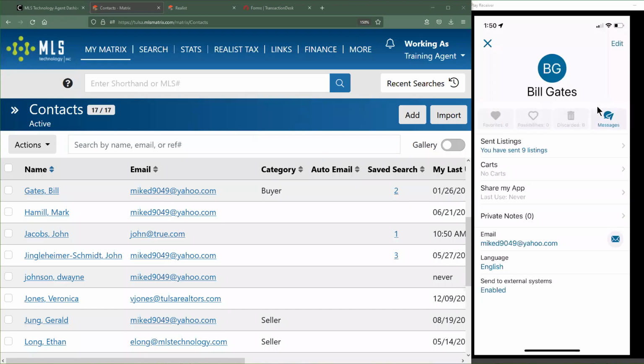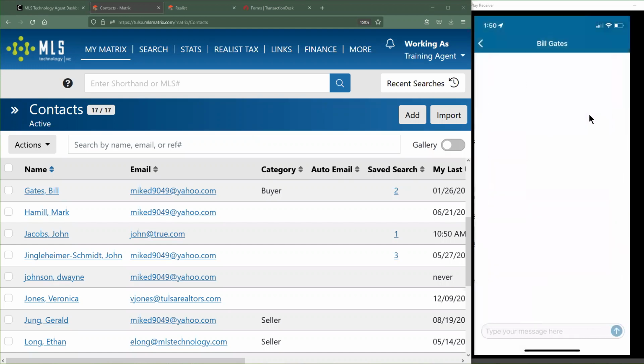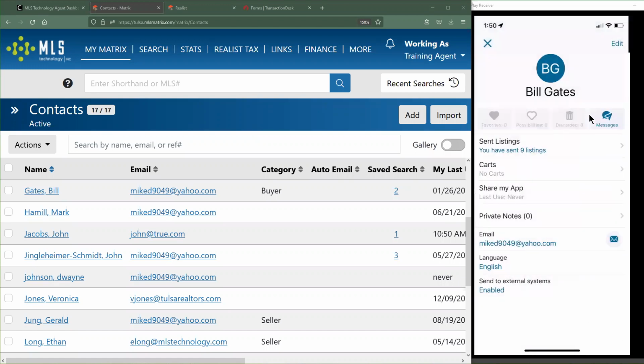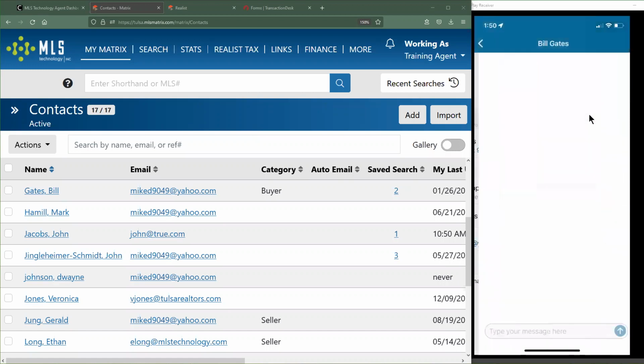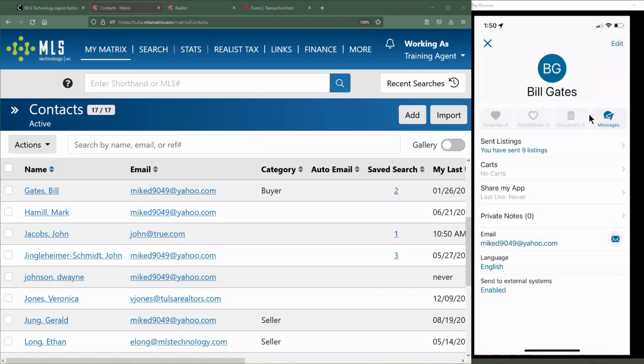This is going to allow you to have effectively a Facebook Messenger style conversation where any of the listings that you've sent to them can be seen and communicated about. So you can actually start a conversation about this particular listing. And you can send this off in a variety of different ways. If you want to initiate the process of them using the app so that you can have this ongoing instant messaging system, you're going to need to share the app with them.